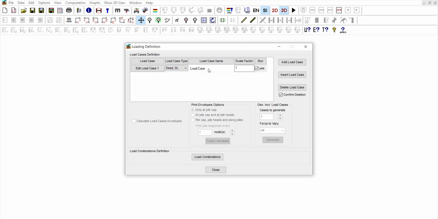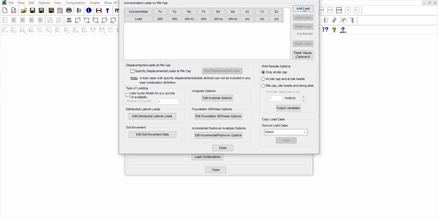You can play with your problem as much as you want. This is just a demonstration for this software. You can also scale the load, which is a very good feature here, so you can see the effect of the load. I will add one row, and I will add in the x direction a load of